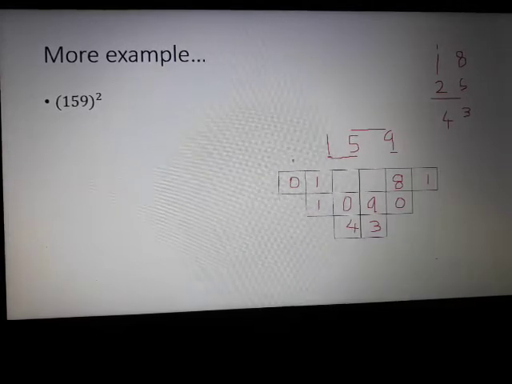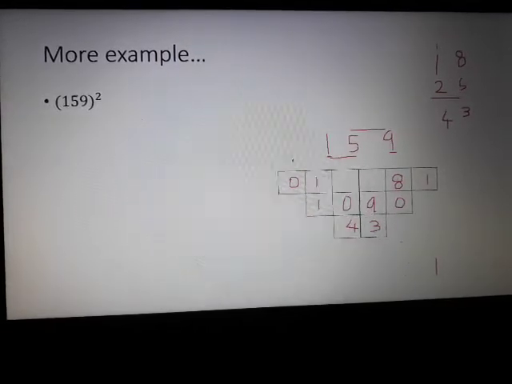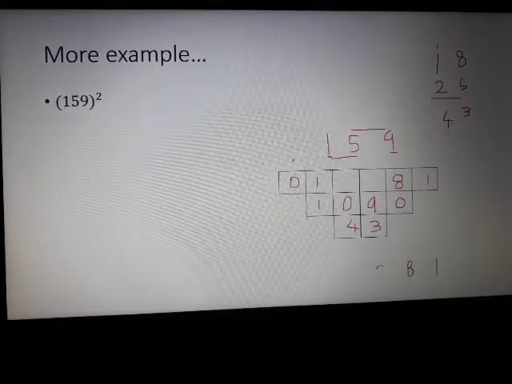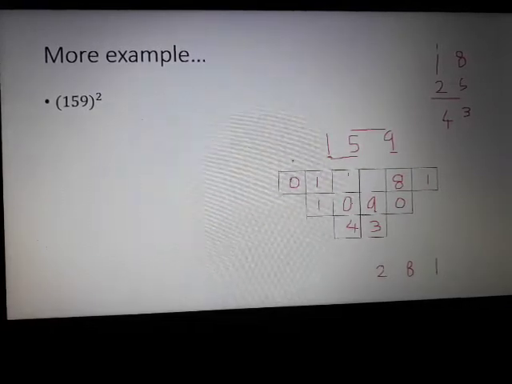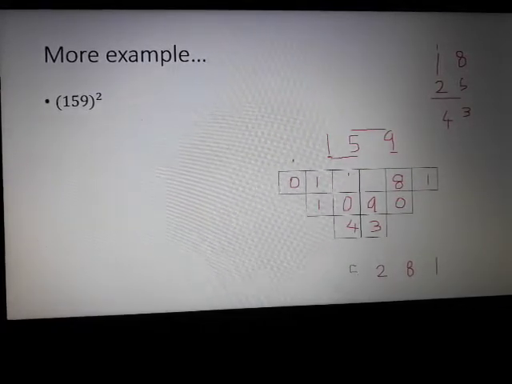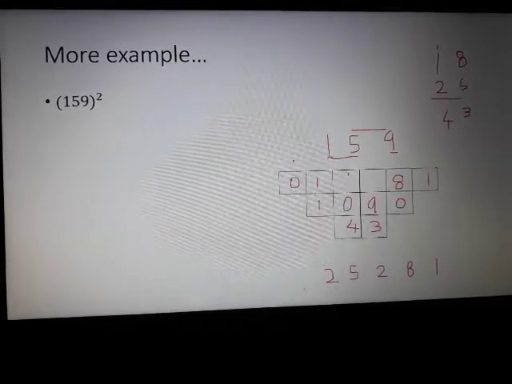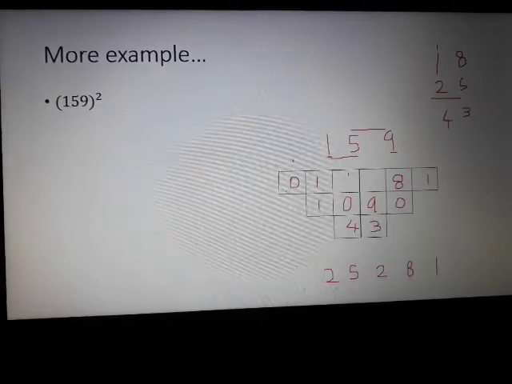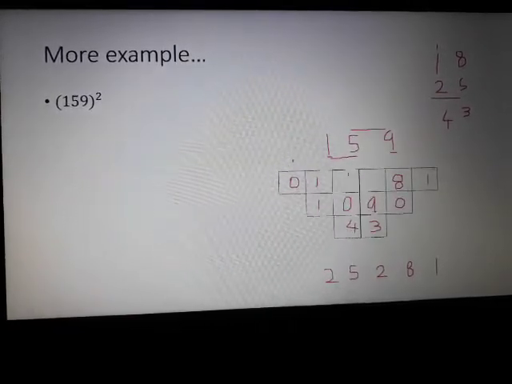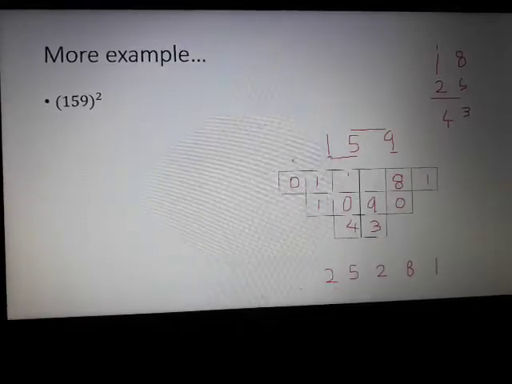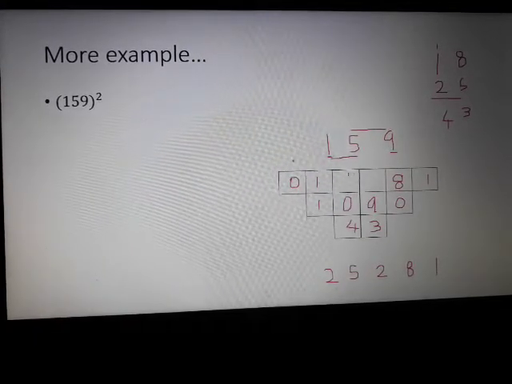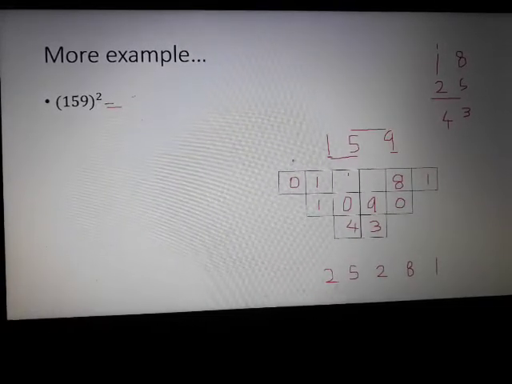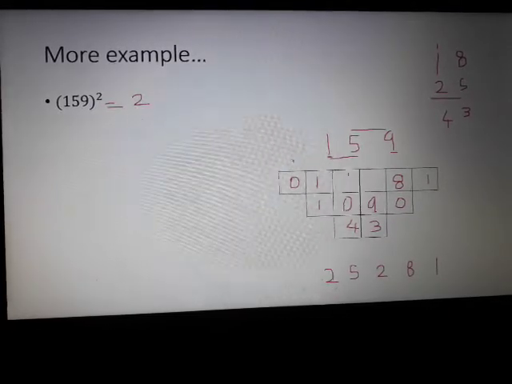Over here we have just 1, so bring 1 down. We have 8 plus 0, sum of 8 and 0 is 8. Over here we have 9 and 3, 9 plus 3, 12. 1 carry over. 4 plus 0 plus 1, 5. 1 plus 1, 2. Simply bring down 0, but we know that if any number has a 0 without any decimal place to its left part, we simply avoid it. So the result is 25281. Therefore the square of 159 determined using inverted pyramid technique is